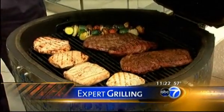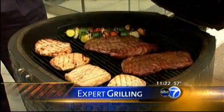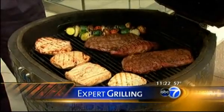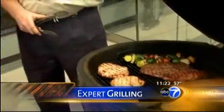Becoming an expert at the grill, not as hard as you might think. This morning we're going to get some valuable tips, like for instance getting the perfect grill temperature and also the right seasoning on the meat or vegetables that you're going to grill. Yum. Now we have fired up the grill outside our State Street studio for a lesson in becoming the best